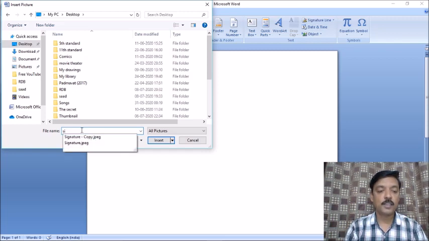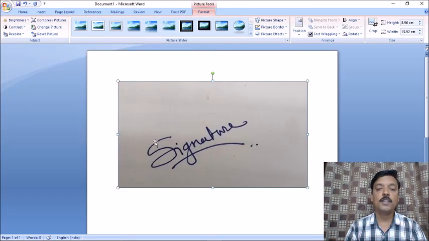So it is something signature. Okay, so I have inserted a signature. So this is the signature I have. Now another difficult thing with this particular signature is I have to remove the background. One simplest way, just double click on that signature so that you can get some options available with the signature, and under that you have contrast and brightness options available.